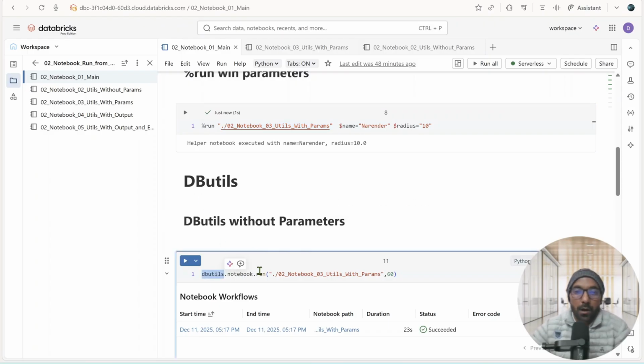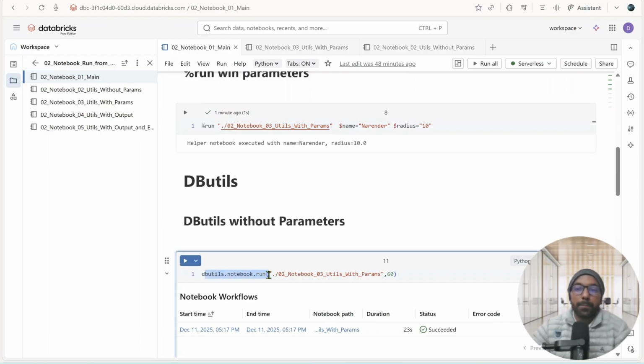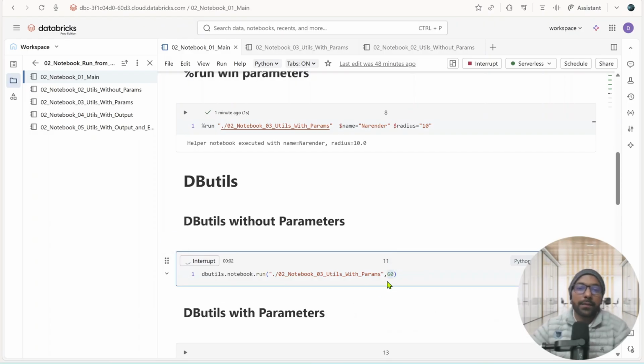So how we can use this is, let's say we have this another notebook, utils with param, the same one which we were using here. If we want to call it using dbutils, then it is a kind of a python function. So we use this function. It takes multiple arguments. The first argument is the path of the notebook. It is in the same directory, so it works with the dot slash. This is timeout. So after how much time we want to time out, in case it takes longer than that,